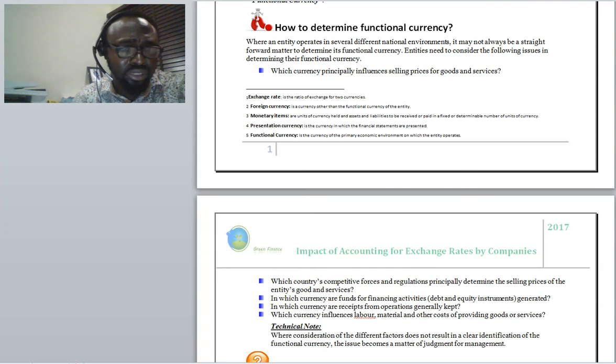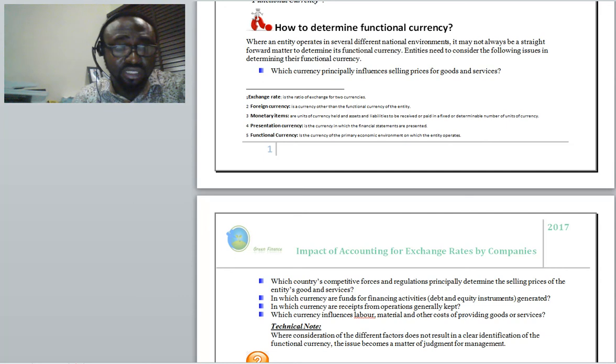dollar. But can't we consider that if the strategy or operation of the entity entails more or less storing your value of wealth in a more stable currency, which is dollar, regardless of the fact that you generate naira, can't we deduce that dollar might be your functional currency, probably because your goods are being sourced in dollars but being sold in naira? All of this has to be taken into consideration.